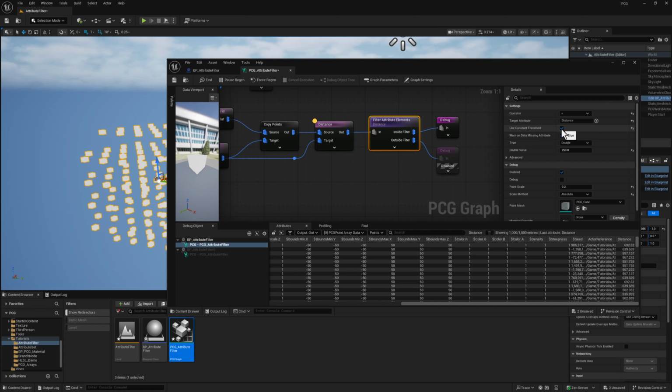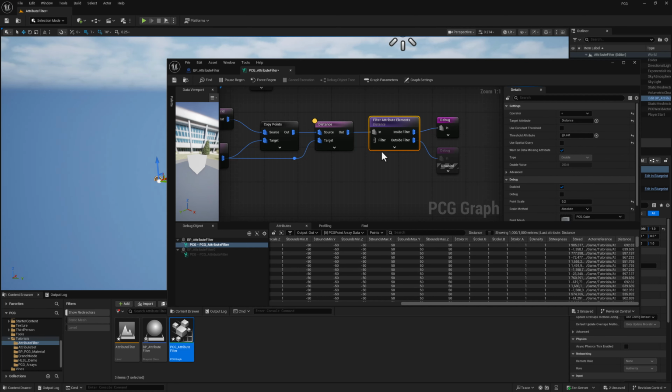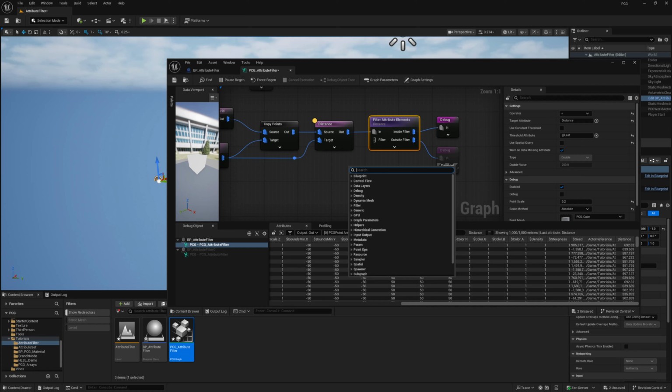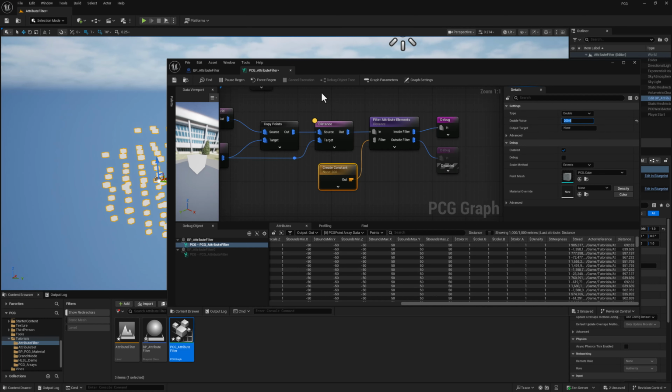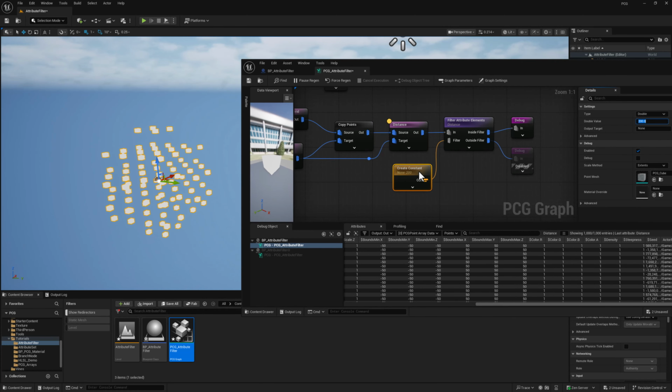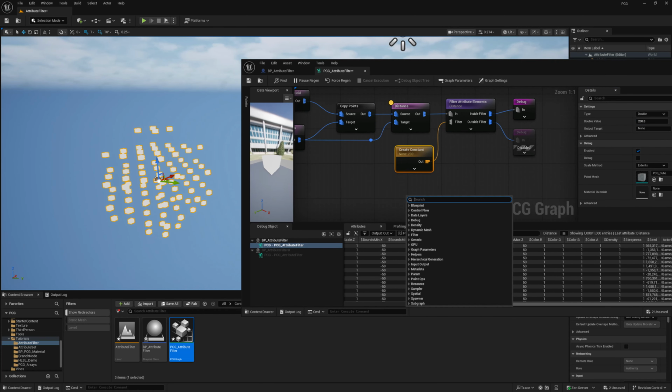Rather than using a constant threshold here, what I'm going to do is create an attribute. And plug it in. We'll go ahead and hit save. And so into this attribute, I can now type in whatever value I want, and we can see that update. But where this gets really cool